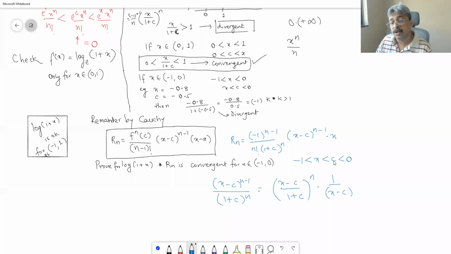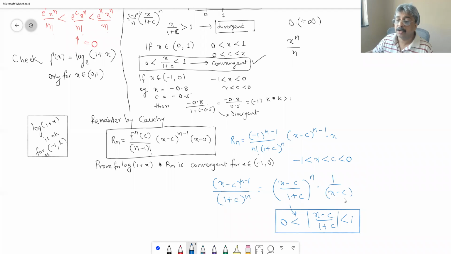X minus c upon 1 plus c, are you there? I mean, this is going to be this bracket. Mod of (x minus c) upon (1 plus c) is between 0 and 1. And if we take a higher power of that, it is convergent. Right? Therefore,